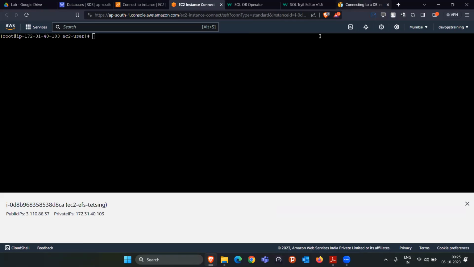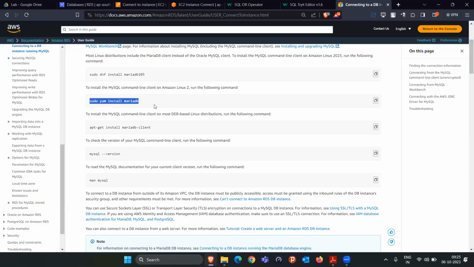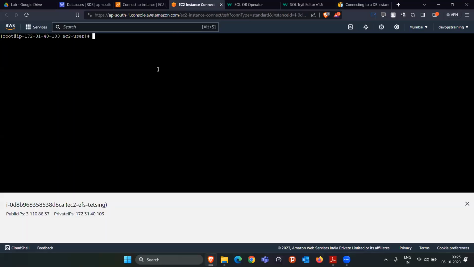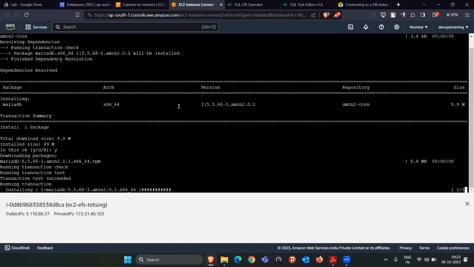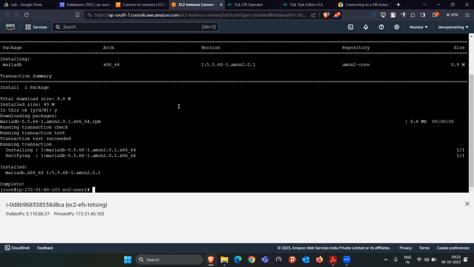In this particular document, they are saying that you have to run this command: sudo yum install MariaDB. I'm just going to copy this command and paste it here. That's it. This is going to install the MariaDB software, and whenever you install MariaDB, by default MySQL also gets installed. Now if I type mysql --version, previously it was saying command not